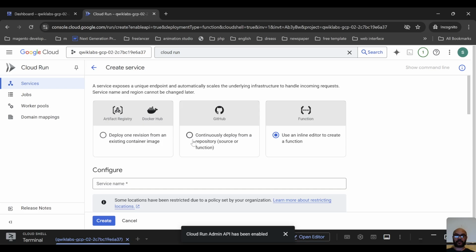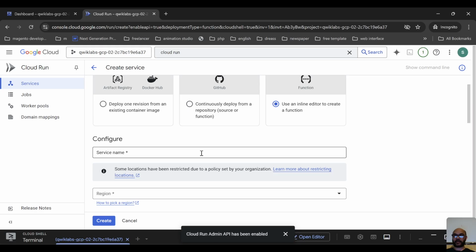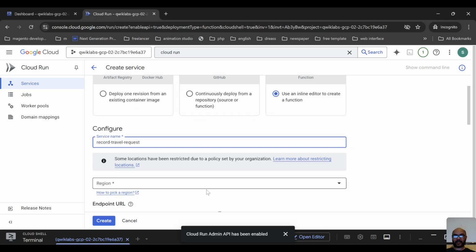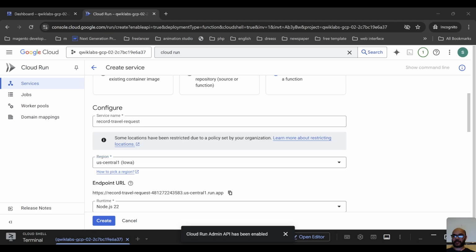And you have noticed there are more options: GitHub, Artifact Registry and Docker Hub. If you go through those directly, you can choose them. Otherwise, I am choosing the inline editor to create a simple function, and I will put the name here. Suppose I give it the name travel request as the Cloud Run function name, and also I give US Central as the default location. After that,